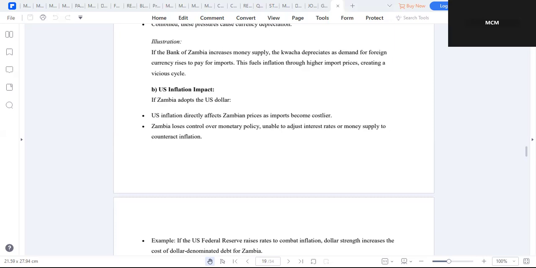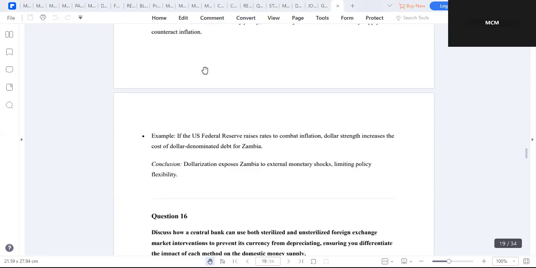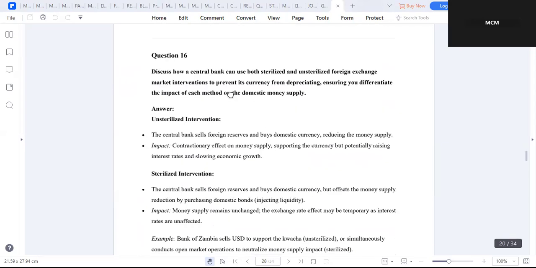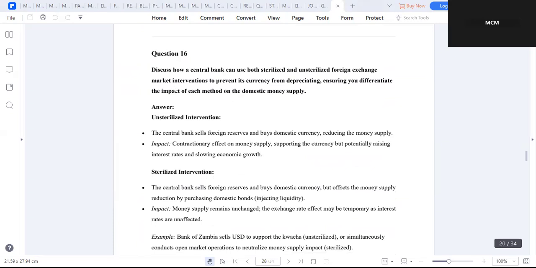All right, so you need to understand more of how the Bank of Zambia works. Then we looked at this question some time back: discuss how the central bank can use both sterilized and unsterilized foreign exchange market interventions to prevent its currency from depreciating, ensuring that you differentiate the impact of each method on domestic money supply. Right. So to start with,